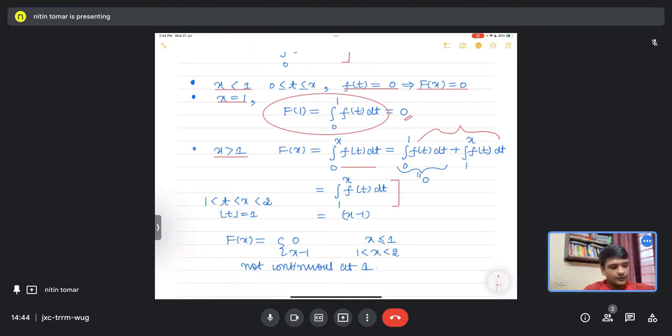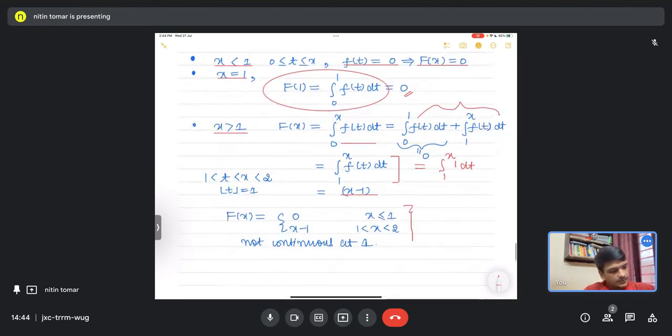Now when t is between 1 and x, then the greatest integer value will be 1 if x is strictly less than 2. Anyway, we have to choose in the neighborhood of 1, so we can choose x strictly less than 2. So this will be the integral of 1 dt. Sorry, the limits are 1 to x. So the answer will be x minus 1. So finally we'll have capital F of x is 0 when x is less than or equal to 1, and when x is greater than 1 and less than 2, F of x is x minus 1, which is,